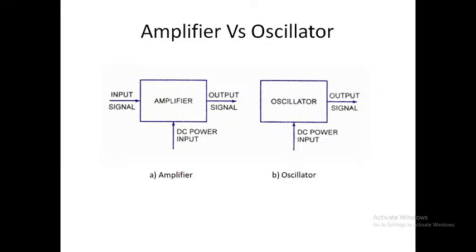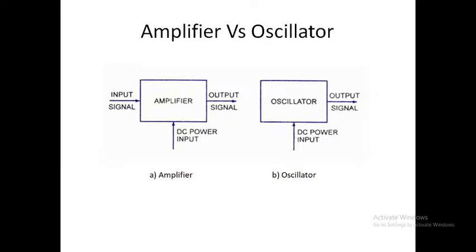The amplifier will amplify the signal, but the oscillator will convert DC power input into AC power, and the amplifier strengthens the AC input signal and also gives output in AC, but the oscillator will convert DC power